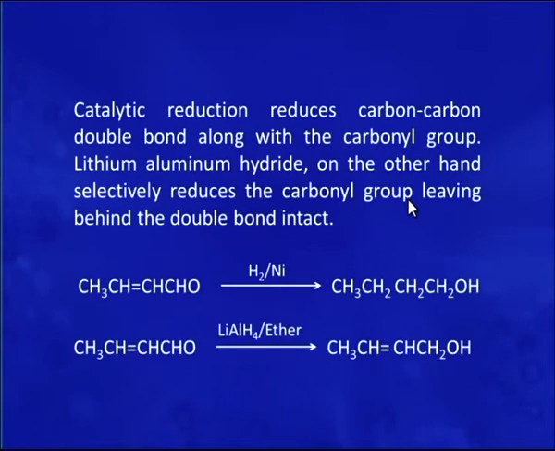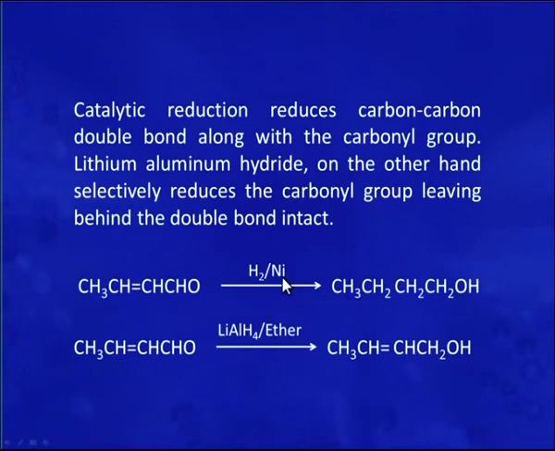Catalytic reduction reduces the carbon-carbon double bond along with the carbonyl group. Lithium aluminum hydride, on the other hand, selectively reduces the carbonyl group, leaving the double bond intact. For example, in the case of an alpha beta unsaturated aldehyde, if we reduce it with hydrogen in presence of nickel, or